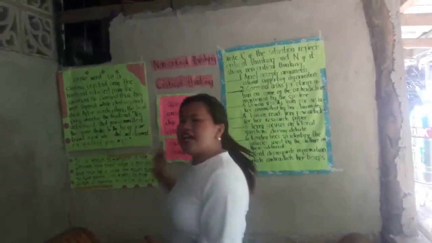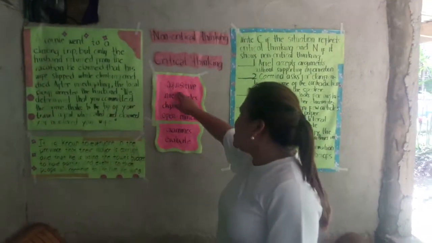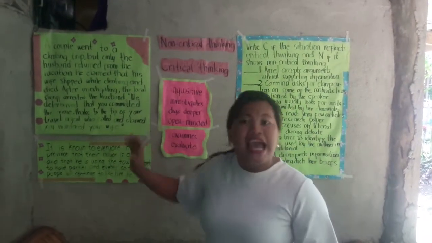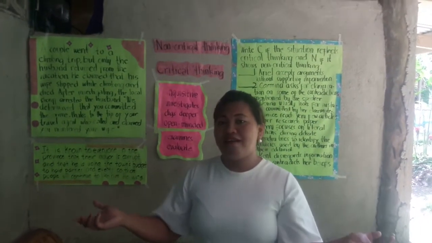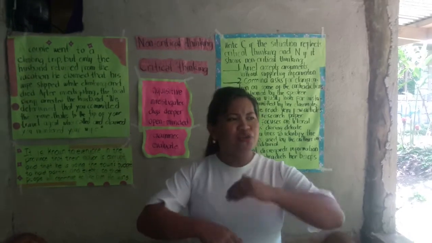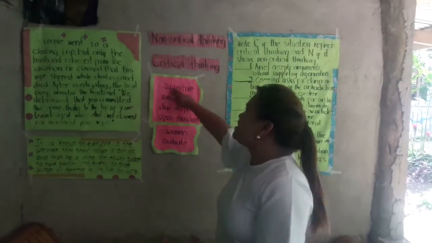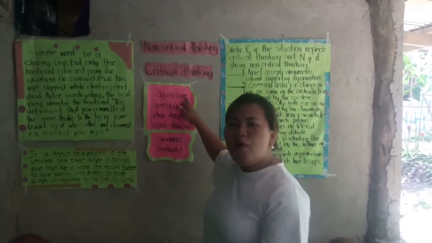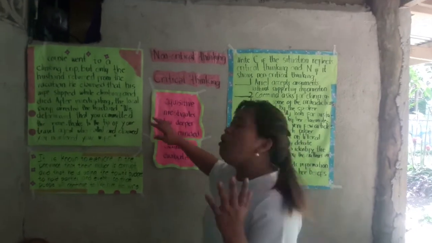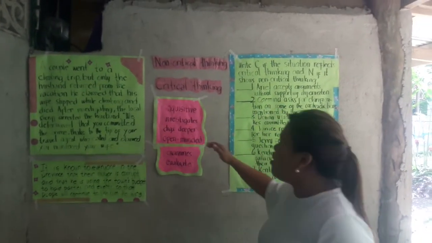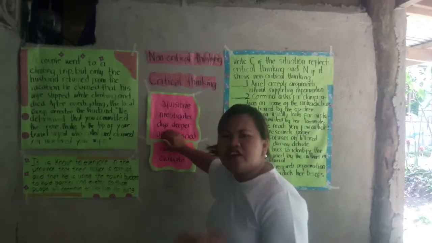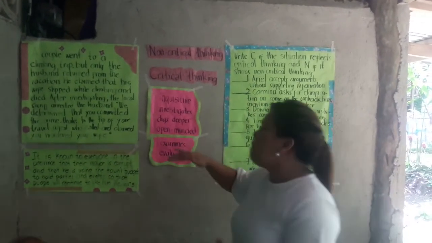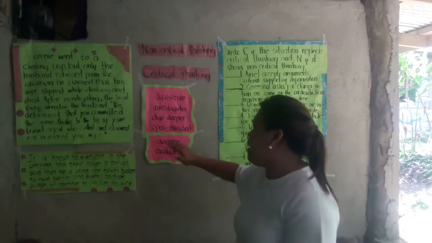For critical thinking, what are the characteristics of critical thinkers? Of course, they are inquisitive. It means they are always curious about what they are experiencing. If they don't know something or somebody, they always ask questions. Why? How? When? So all those WH questions. And they also investigate. That's of course. They dig deeper. They're not contented. Open-minded. And of course, they examine and they